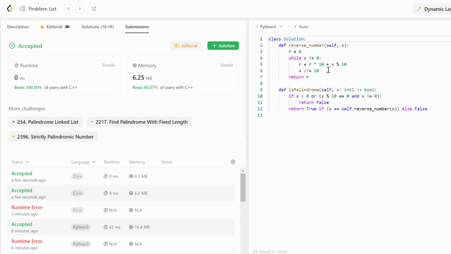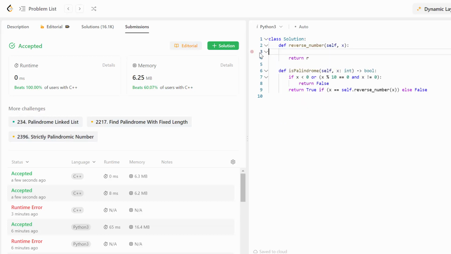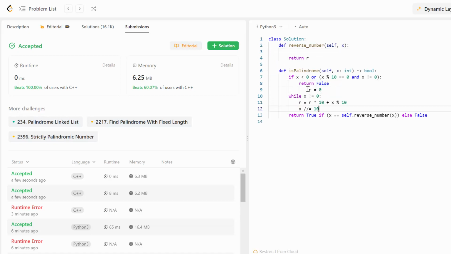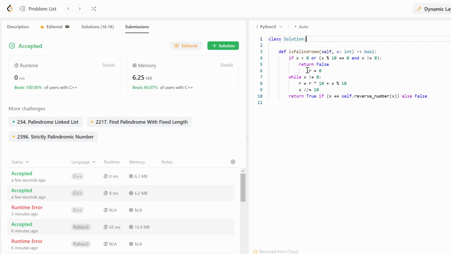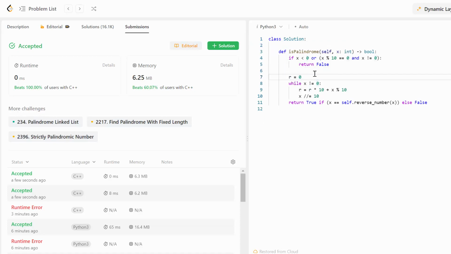Okay, now let's do all the same modifications with Python. We are going to move the cycle here, and I'm going to remove our extra function. So we have our variable r, and our new condition will be while r is smaller than x.